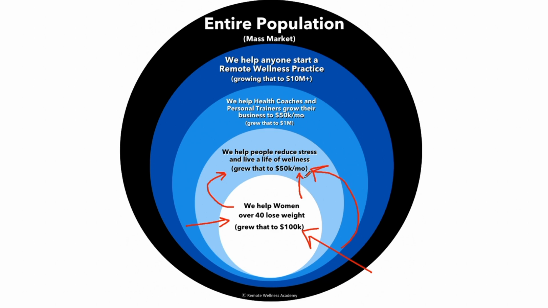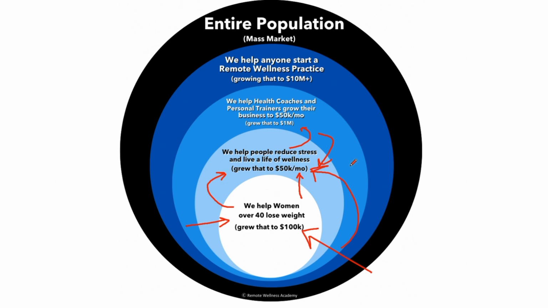And then from there, we said, you know what? We're not really as passionate about this only because our skills have outgrown this. We can literally do this in our sleep now. What we want to do is change verticals, and we're going to go from the health space and get into the wealth space. And so we just literally helped people do exactly what we did over here. So we started helping coaches and personal trainers grow their online businesses to $50,000 a month, which is about